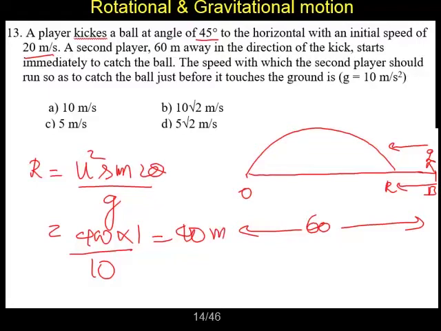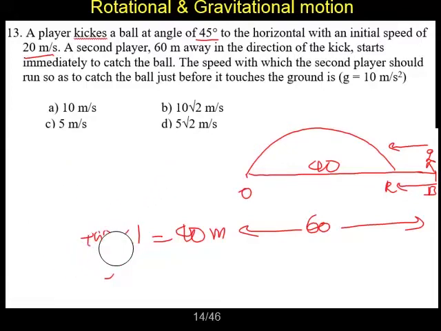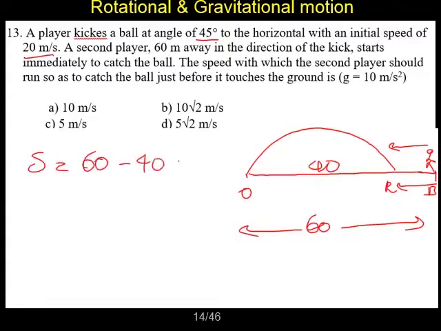Now it's given in the problem that the net distance of the boy is 60 meters. So the ball can cover a distance of 40 meters. So the boy has to cover a distance of 20 meters. So the distance the boy has to cover, the net distance, is 60 minus 40, 20 meters he has to cover. So for 20 meters, if he travels with the velocity u, what will be the